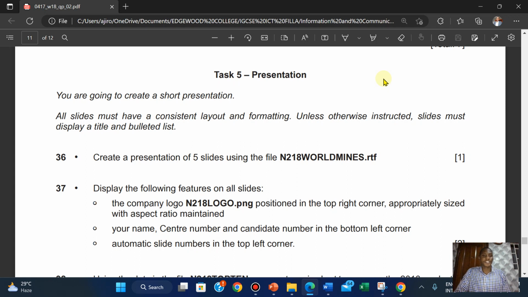You're going to create a short presentation. All slides must have a consistent layout and formatting unless otherwise instructed. Each slide must display a title and bulleted list. Create a presentation of 5 slides using the file